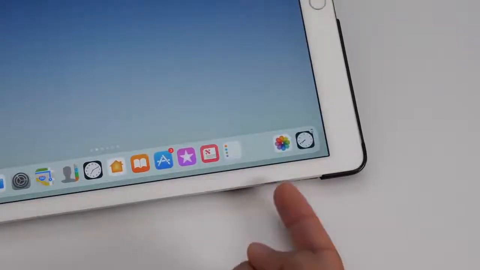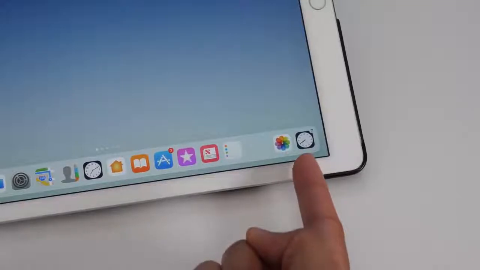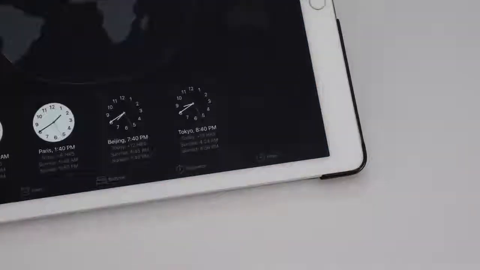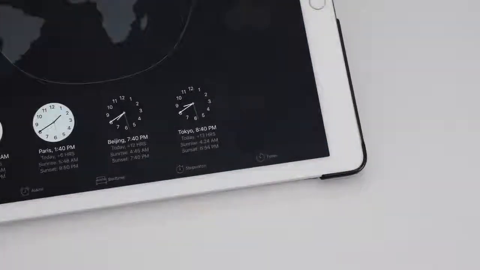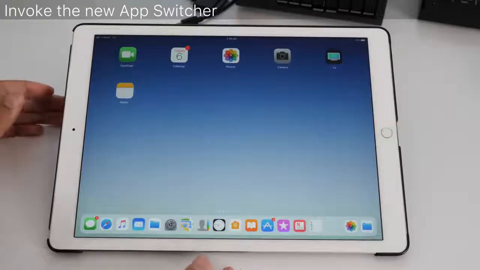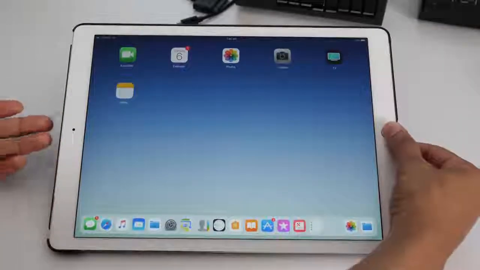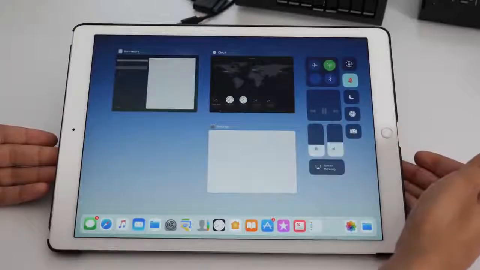So if you're using continuity, for instance, if I open up the clock app on my iPhone, I can pick up right where I left off, and that dock is smart enough to know what apps I might want to use next. Now the new app switcher, you can still invoke it using a double press of the home button,